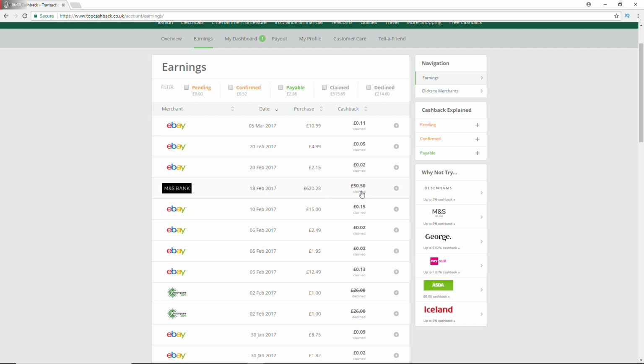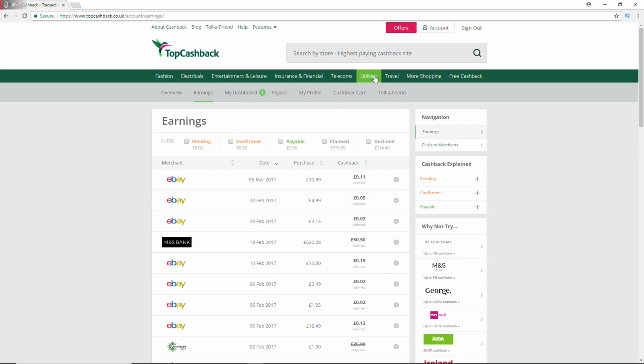The only problem is the timescale is sometimes huge, especially for insurance. You need to wait for this cashback like 7 months, but you will definitely get it. Don't worry, I've never been scammed with this site. It's really good and so easy to use. Just make your account over my referral link, please, and once you are logged in, you just type what you want, like for example eBay,